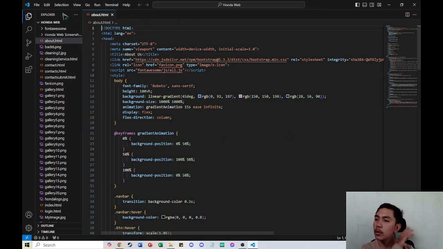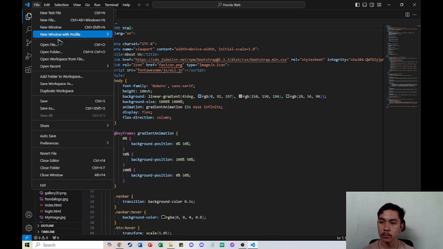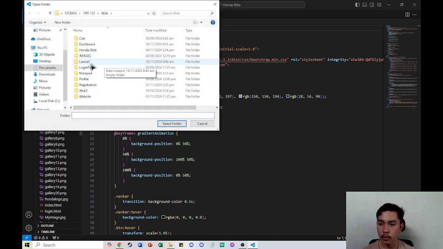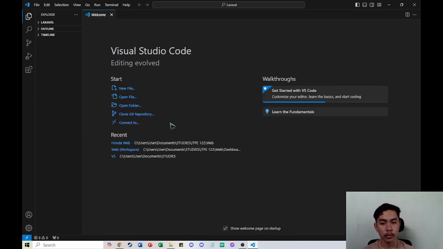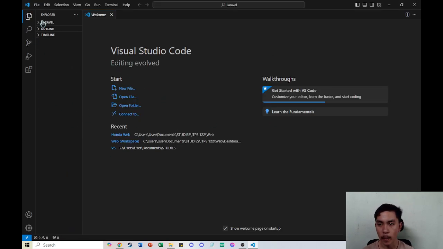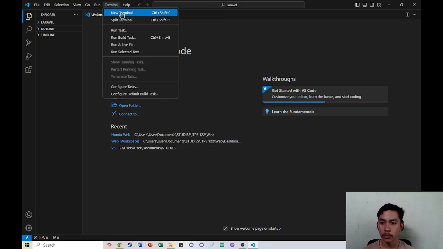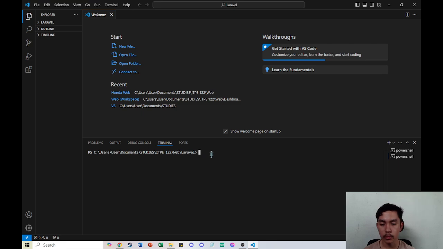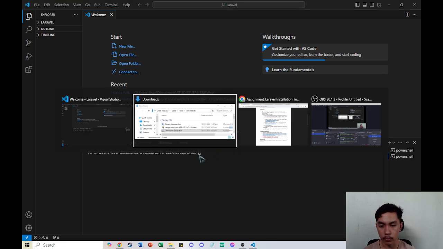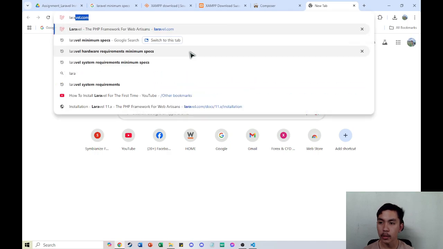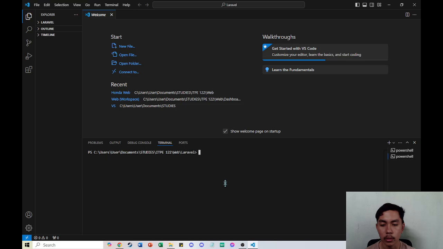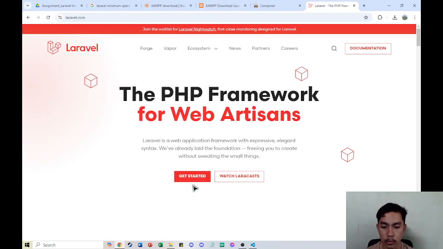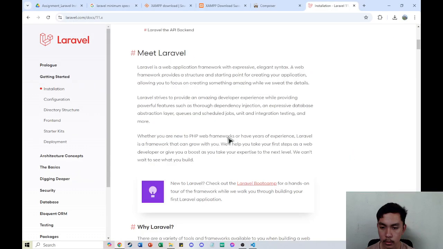Alright, so here we need to open a new folder, then let's say this one. This is an empty folder for an example only. Alright, so after being here, click the terminal, then new terminal, then go to laravel.com. Right, so here we are currently on the terminal, so click get started and then scroll down a little bit,